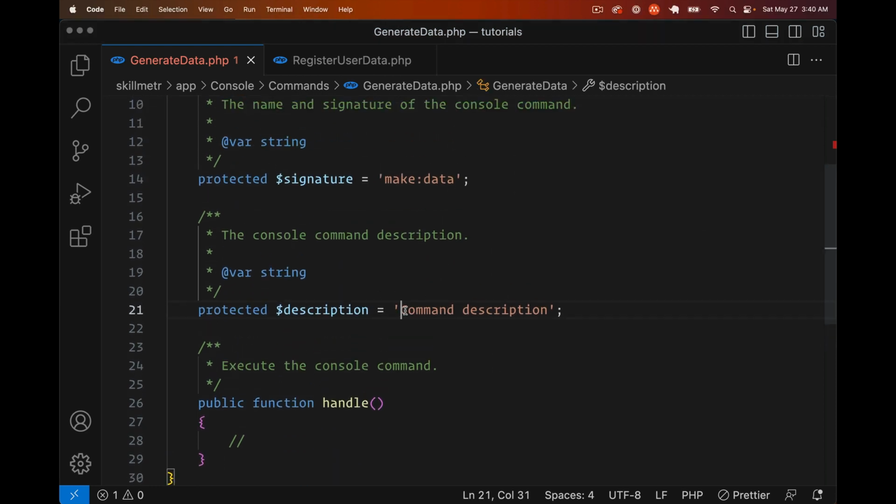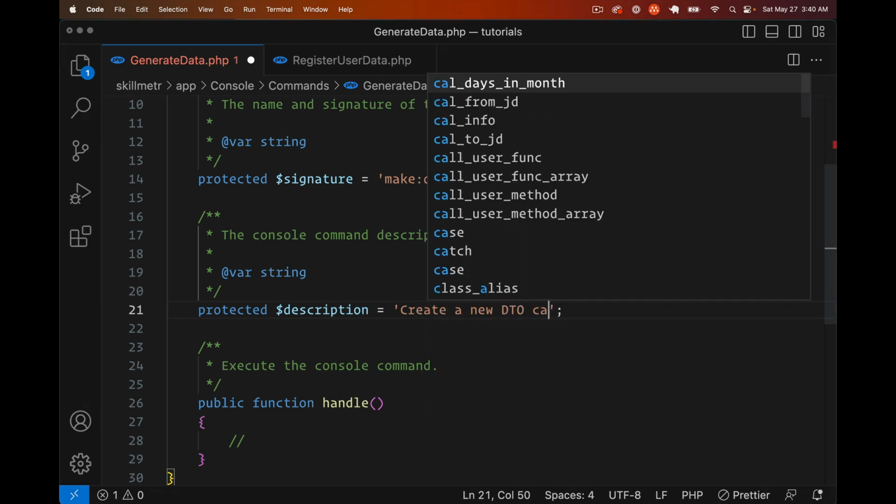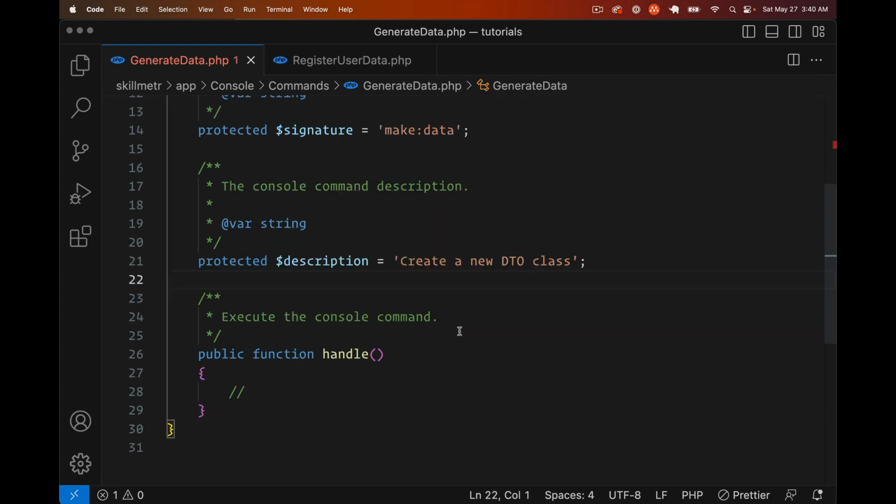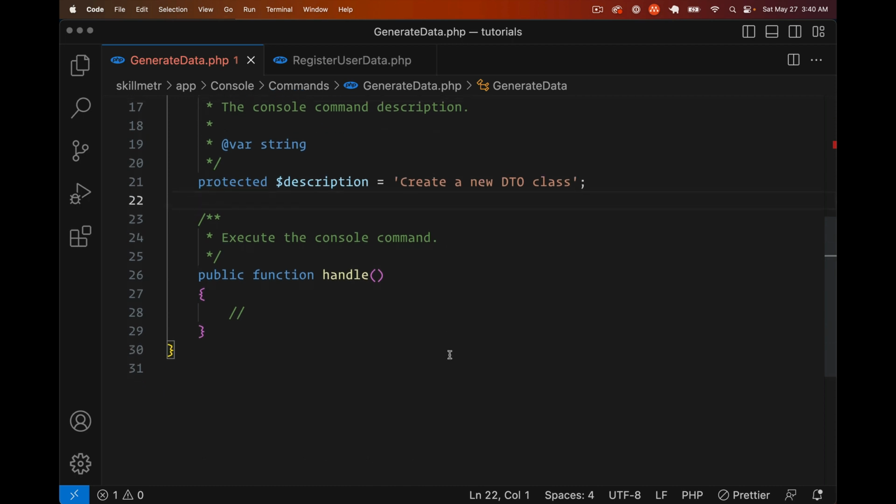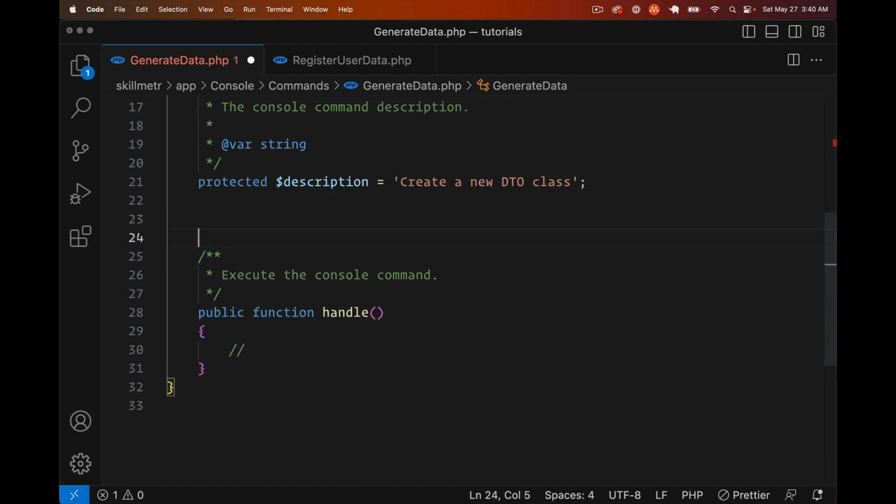Now, a quick description about this, we can just say create a new DTO class. And that is the description that you see in the terminal when you do php artisan and see a list of your commands. Now at the bottom here, we need to tell it where to get the stub that it will use to generate the class. So it's defined in a protected